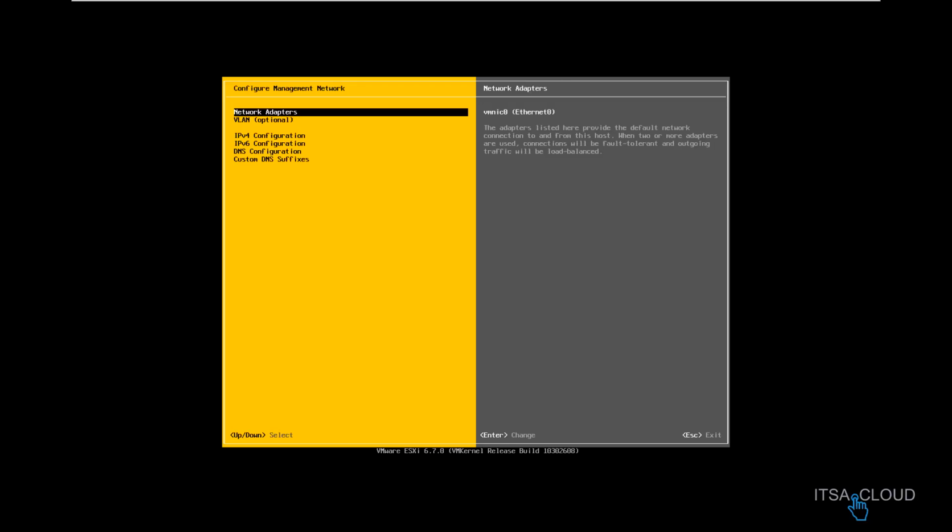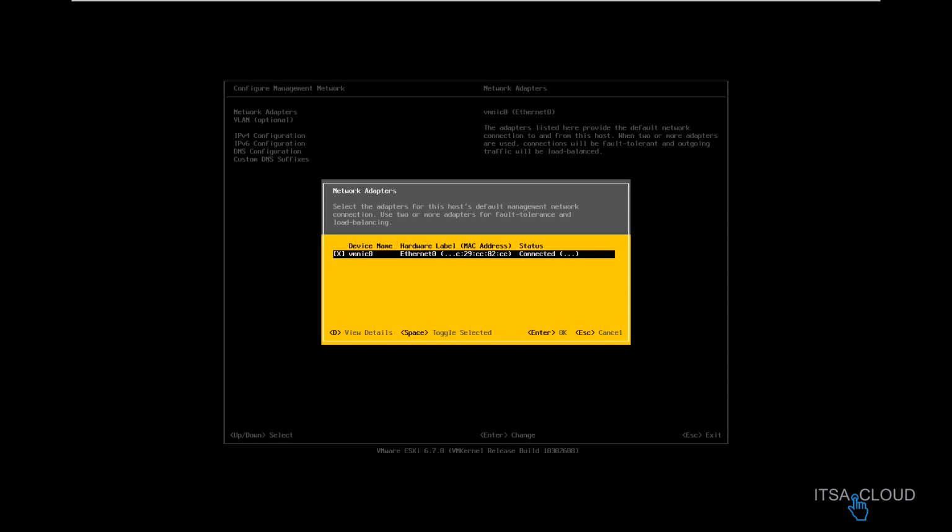Let's go in there. Right in here you can see how many NIC cards you have in this hypervisor. You can see that I have just one NIC, and this one is just for management, right? This is the one that you are gonna get by default. Click on cancel.